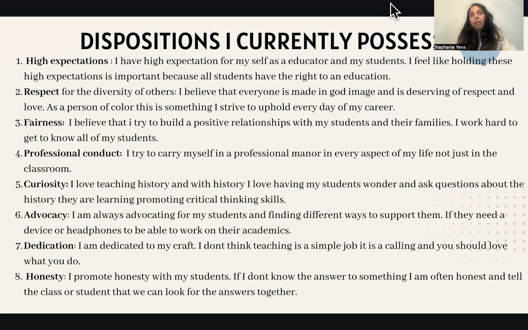And I feel like as the adult in the room, being able to admit, oh, I don't know this, but we can figure it out together, is very important, because it shows them that even though I'm the adult in the room, there are still things that I can still learn, and we're all still learning together.